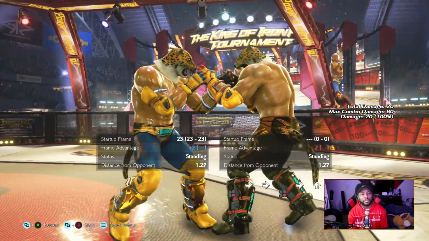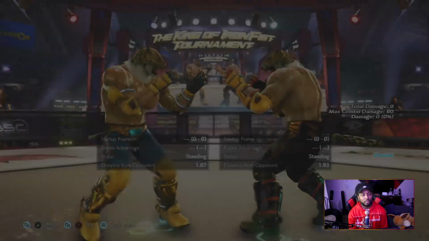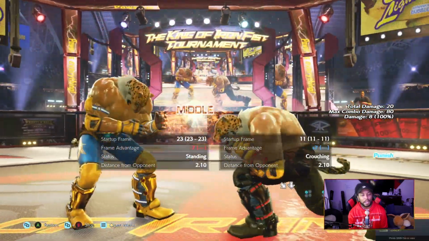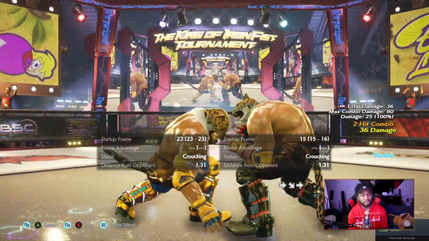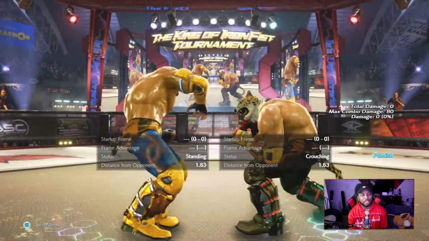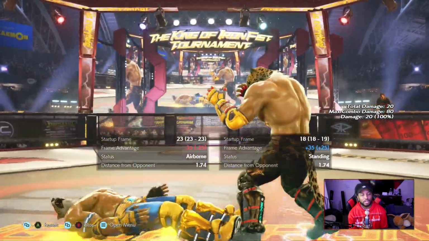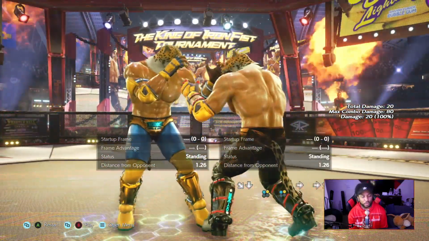So with down back 3, he gets while standing 4 for 11 frames. At 10 frames, he gets while standing 1. At 14 frames, he gets 2-2. And at 18 frames or higher, he gets a launcher. So his while standing punishment is not the best in the world, but it can definitely